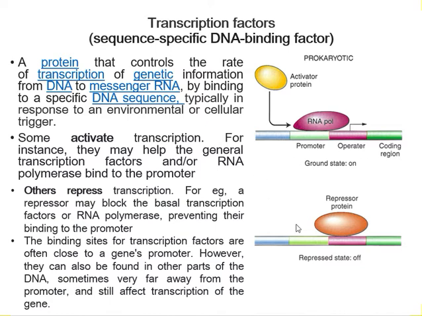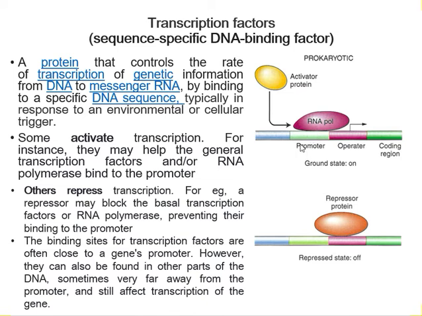So, these are proteins which bind to certain regions of DNA and thereby influence the rate of transcription. There are some transcription factors which activate transcription. They are called activators. They will help the general transcription factors, the basal transcription factors like sigma or some others, and they will also help the RNA polymerase enzyme to bind to the promoter. Such proteins are called activators. Here you can see an illustration of this activator protein which will help in binding of this RNA polymerase enzyme to the promoter site of the DNA. This is the promoter site of the gene, this is the coding region, and this activator protein will help this RNA polymerase to bind to the promoter sequence correctly.